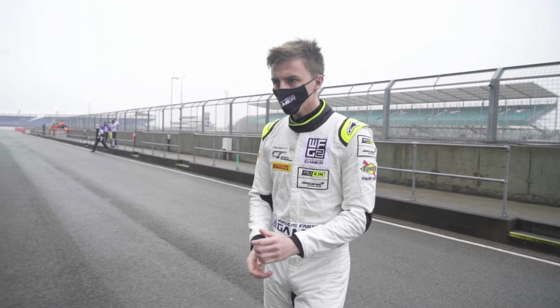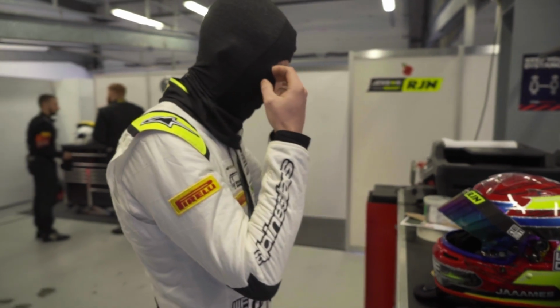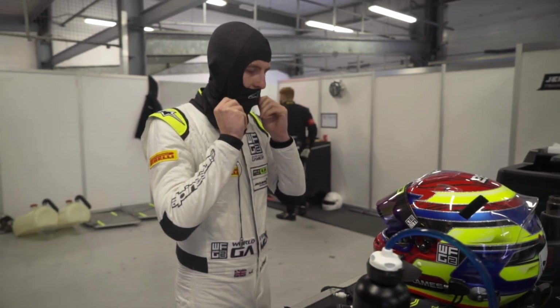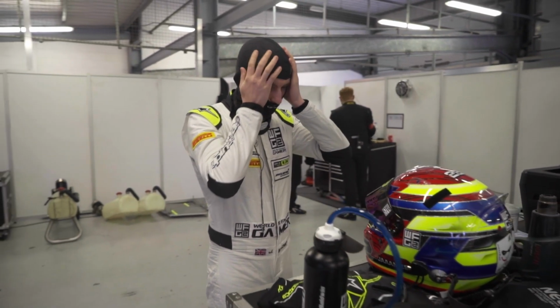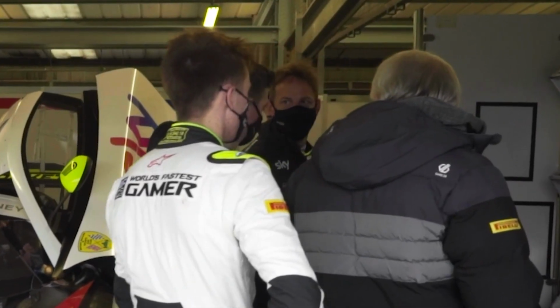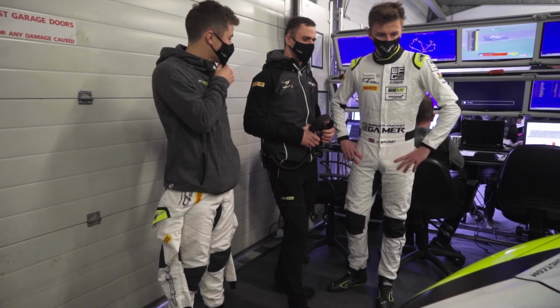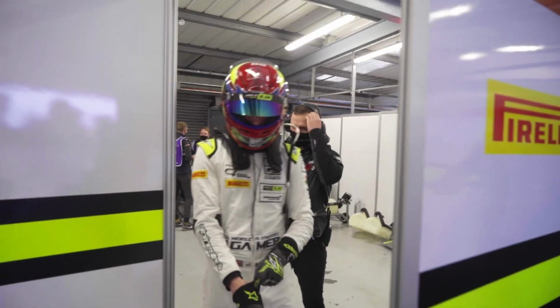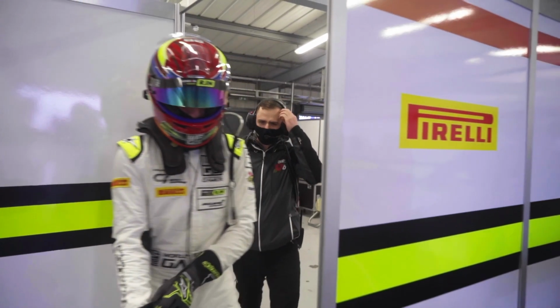I hope you're all doing swell, and as some of you may know, I competed in the final round of the British GT Championship, but I wasn't the only one. Now, I'm sure the majority of you know because it was promoted literally everywhere, but Jenson Button was also on that grid in the same team, albeit in a different car, and his teammate was Chris Buncombe and mine was Michael O'Brien. And so effectively for the final round of British GT, all four of us got a lap in